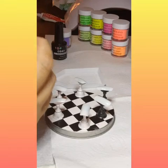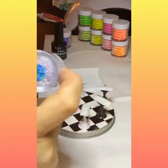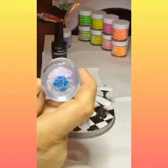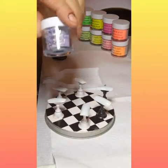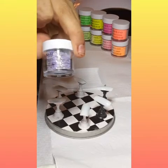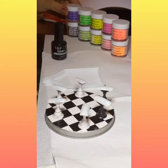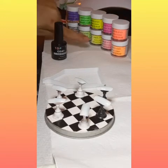Now, on the bottom of the glittery ones, they have a sticker, which I guess shows what they're supposed to look like, so it gives you kind of an idea. That's pretty cool. But I just absolutely love this one. It is just gorgeous. Between the flakies and the glitter, it is so pretty. So you've got, like I said, the straight colors, the flat colors, and then you've got the ones